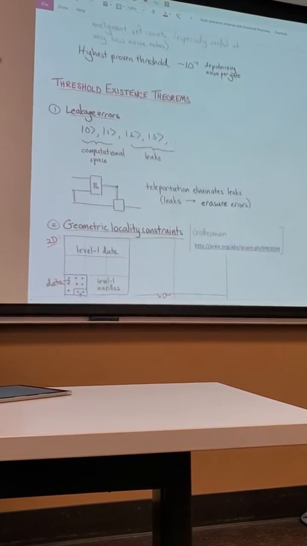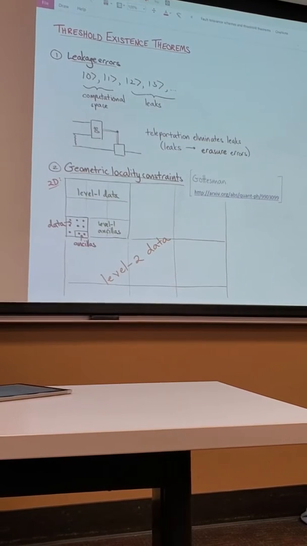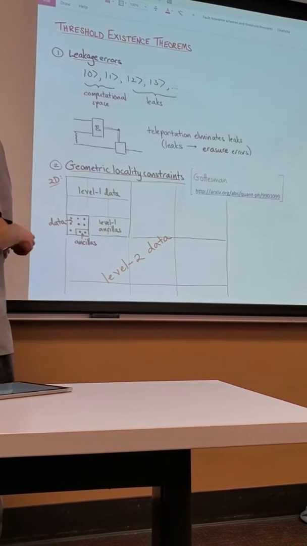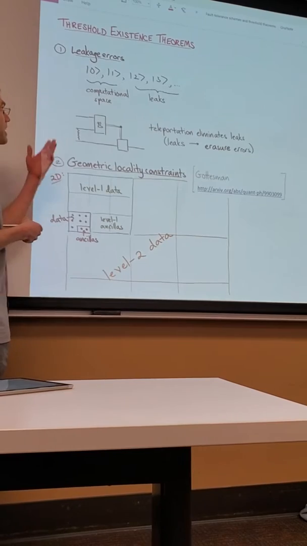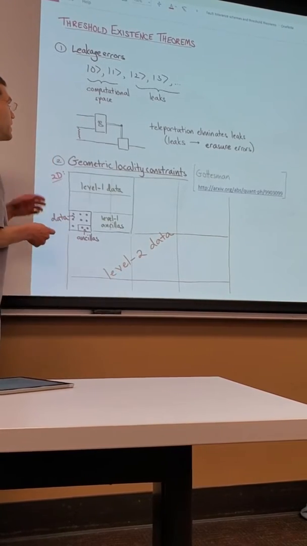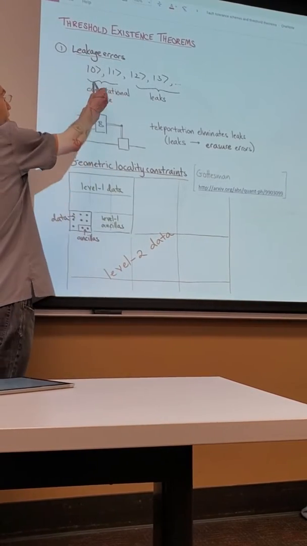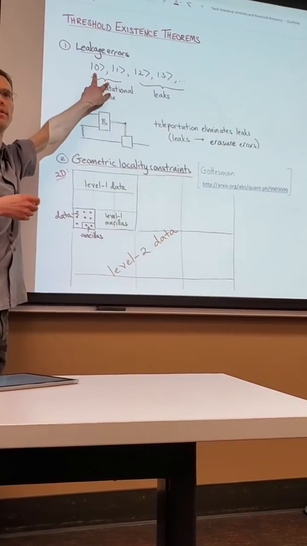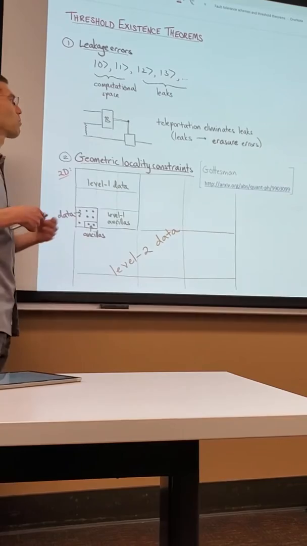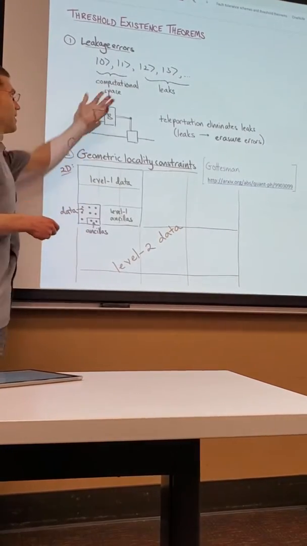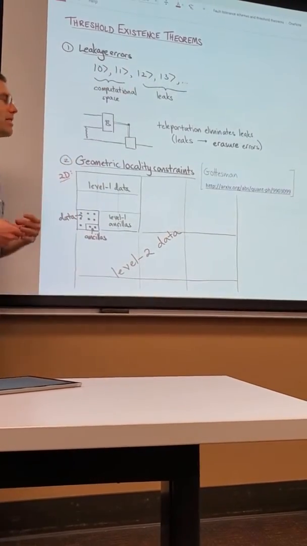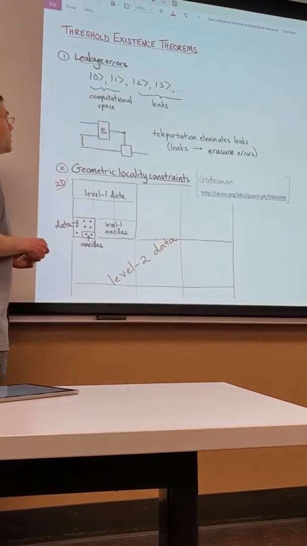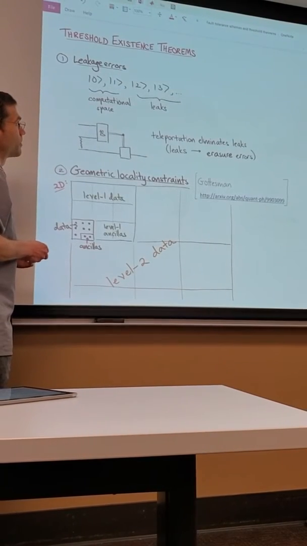Okay. But there are also threshold theorems that hold for other error models as well. So for example, in principle, you can tolerate leakage errors. A leakage error means that your qubit has left the qubit space that you're trying to do your computation in. And so that's not a stochastic Pauli error, obviously. But you can certainly tolerate these in principle.